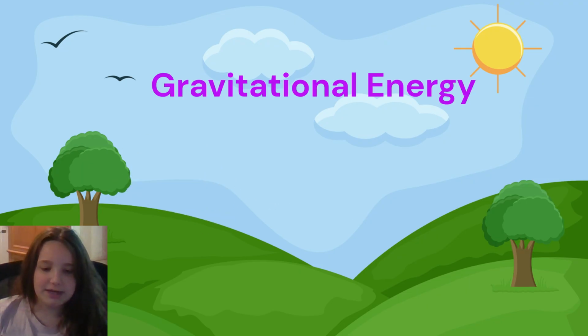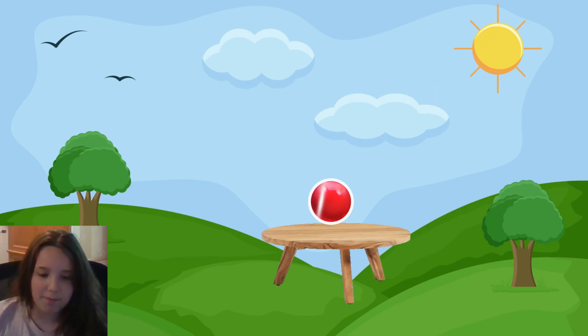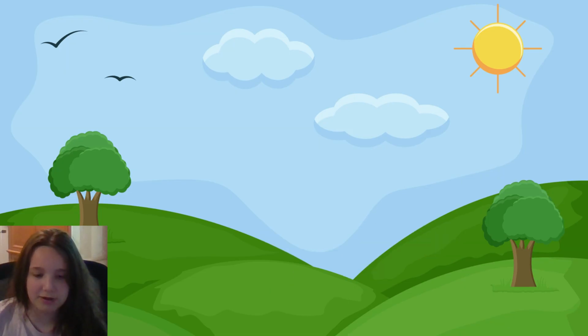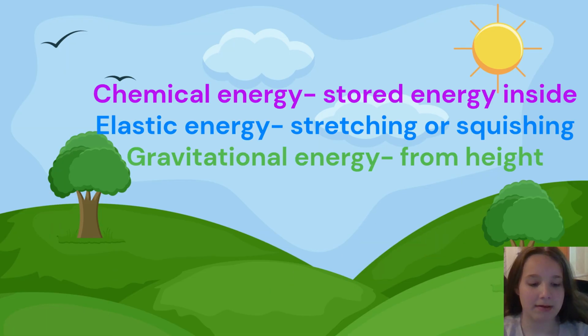And finally, gravitational energy happens because of gravity. Imagine a ball sitting on a table. If the ball falls off, gravity will pull it down. The higher an object is, the more gravitational potential energy it has before it starts moving. So, chemical energy is from stored energy inside things, elastic energy is from stretching or squishing, and gravitational energy is